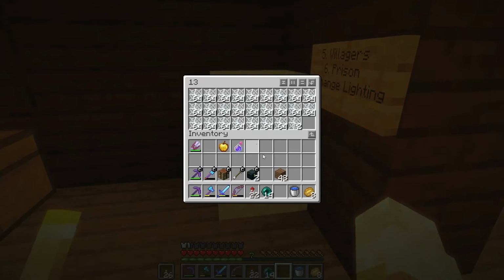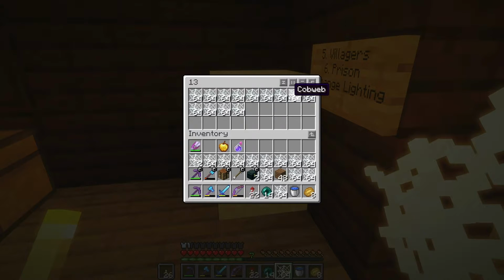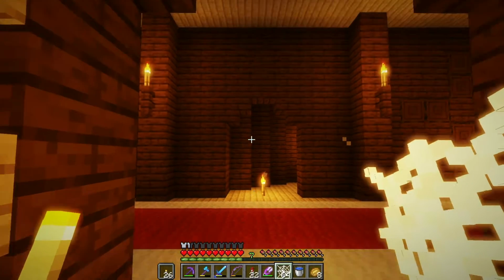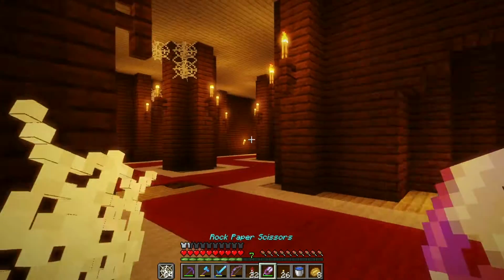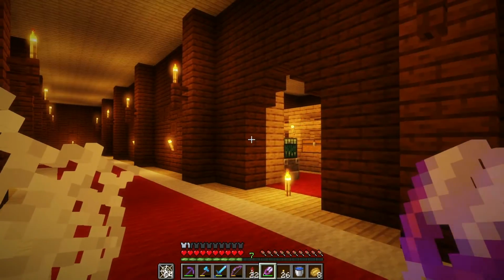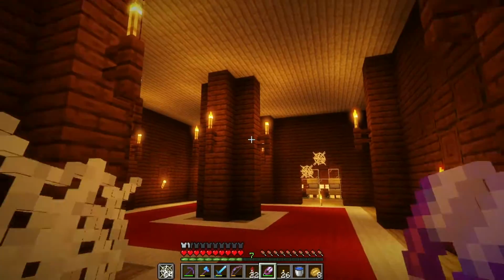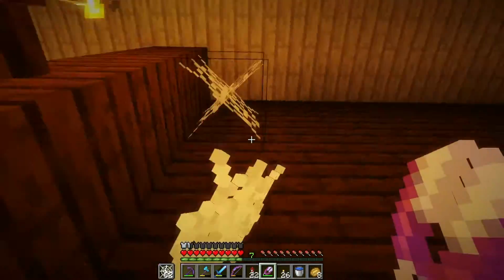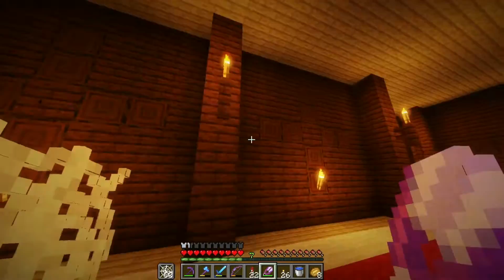Let's do cobwebs. We worked pretty hard for these cobwebs, so I say we put them to good use. Maybe we'll put them in our offhand, and we'll have our scissors in our main hand. And we'll just start putting cobwebs around, making the place look spookier. Well,